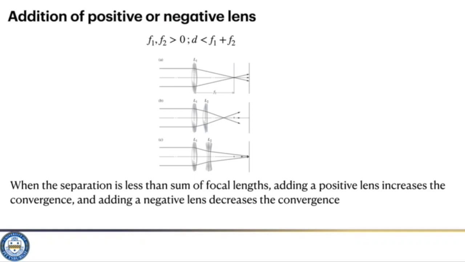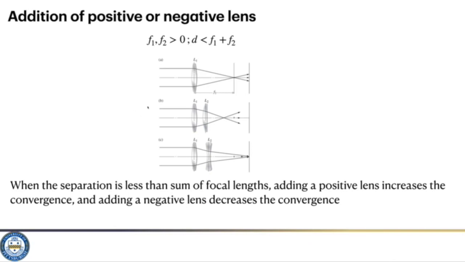So in this slide, I just want to point out that when D is lesser than F1 plus F2, you can quite easily understand what is happening when you introduce another convex lens or another concave lens. As you can see from the way in which the rays are focusing, when you have one convex lens, the rays focus at the focal plane F1. When I introduce an extra convex lens, because the rays are still focusing, you can see that the action of the extra convex lens is to bend the rays further in towards the axis, because the convex lens introduces more convergence of the rays. And so the effective focal point will be closer to the